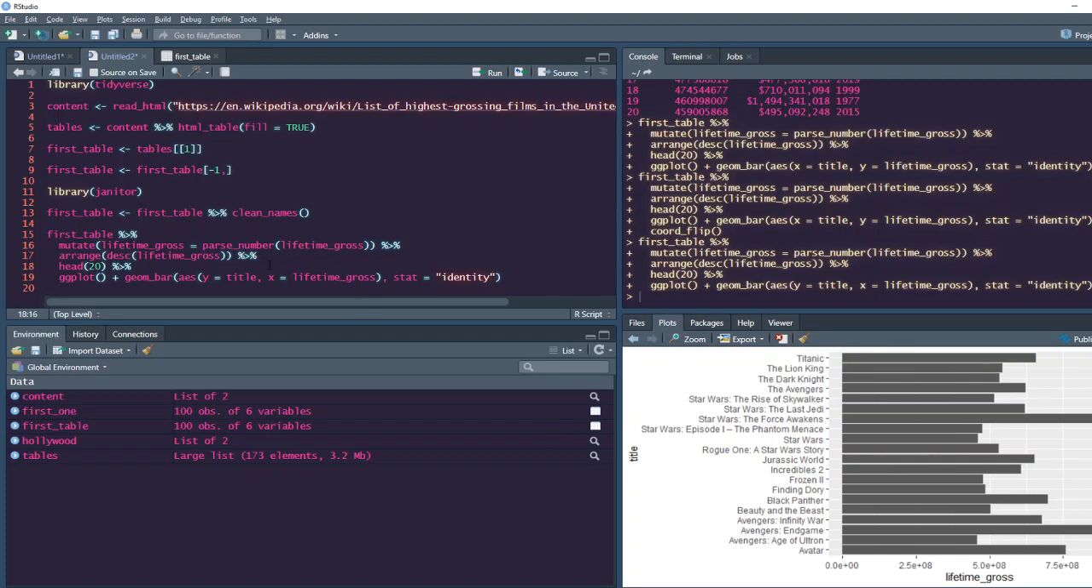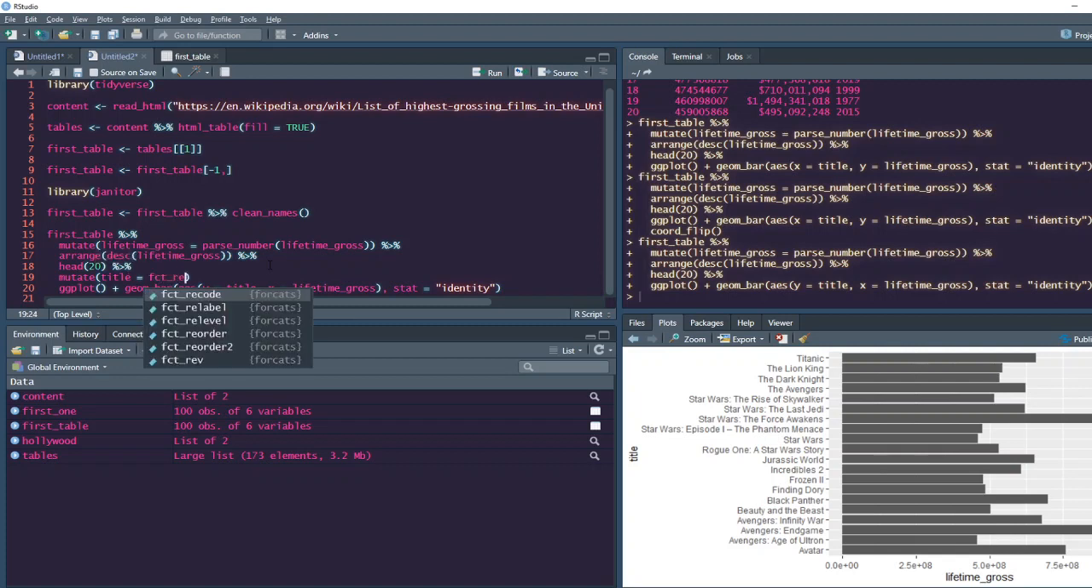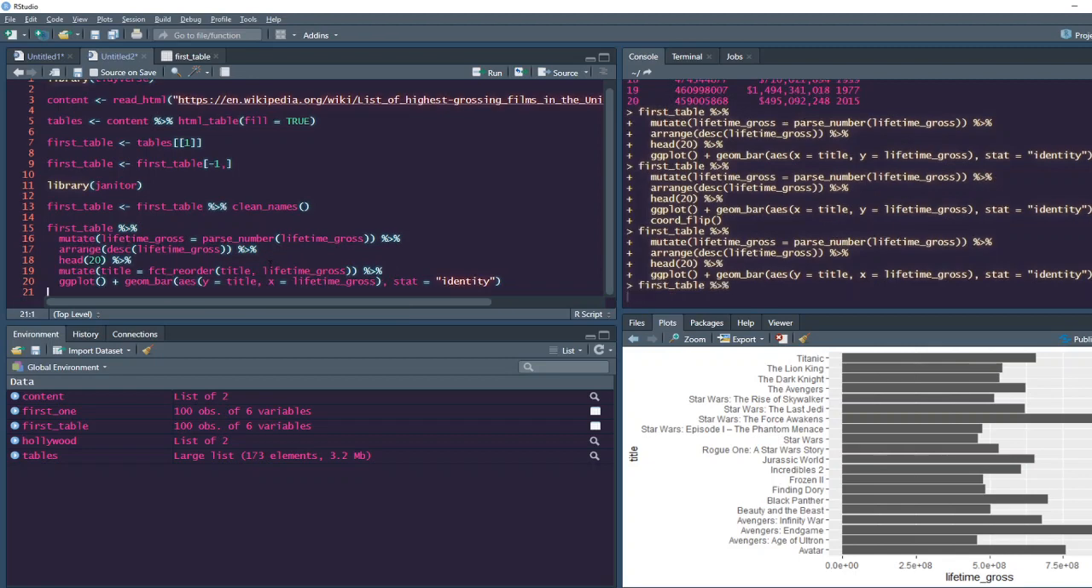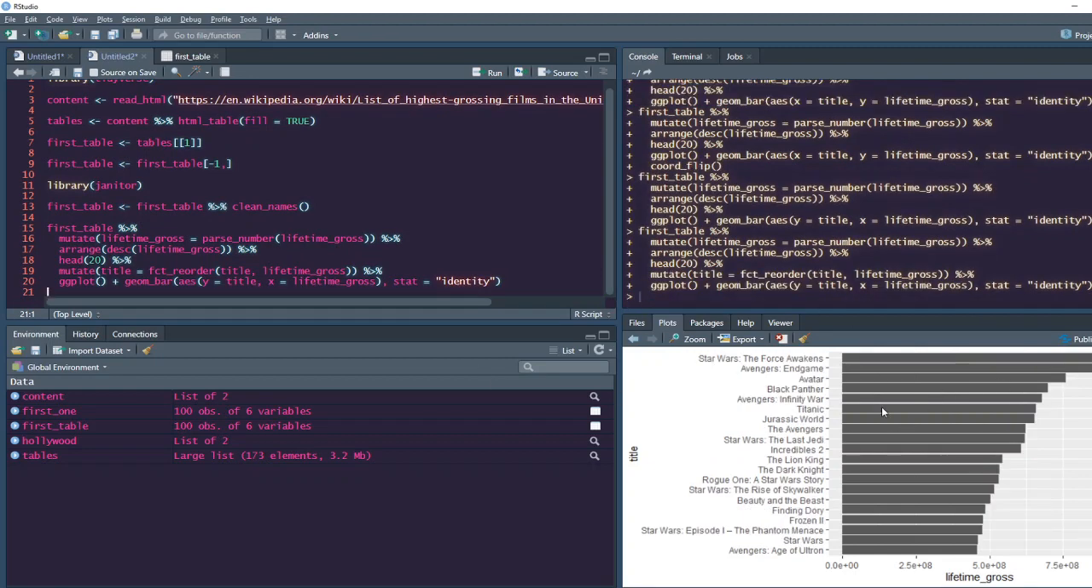So what we can do is go back one step before, say mutate of title is equal to if fact reorder, title comma lifetime gross. Okay, done. So we have an ordered plot. Now this is all good. So let's try to add a fill value, which is fill is equal to, let's say, hash